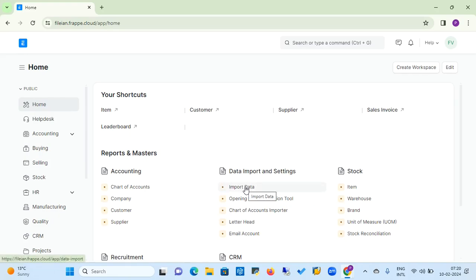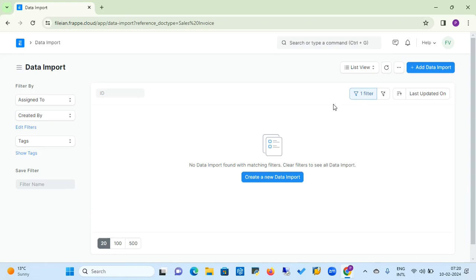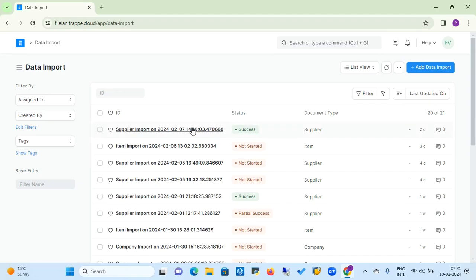So first of all, we will see the activity, how we can import the data from other ERP softwares like SAP, Oracle, or any other SaaS softwares to ERPNext. For that, you need to click on the import data button, and here you will see all imported activity. If you have earlier imported data from any other software, all these activities will get listed in a list view report, and you will see the status